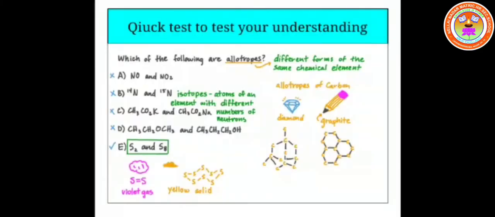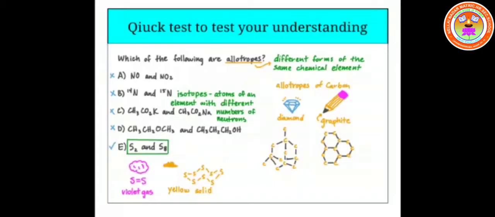Now, to check our understanding, we have got a small test. Which of the following are allotropes? First option is nitric oxide and nitrogen dioxide. Second option is nitrogen 14 and nitrogen 15. Third option is